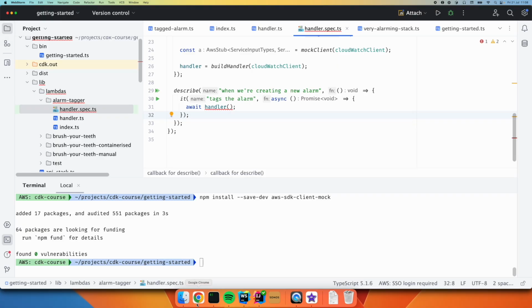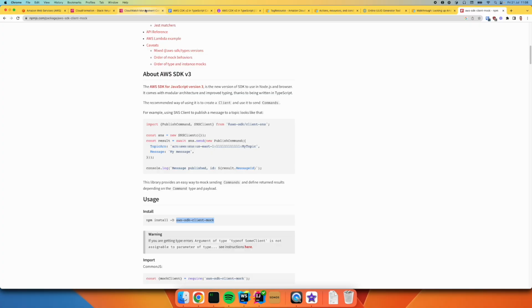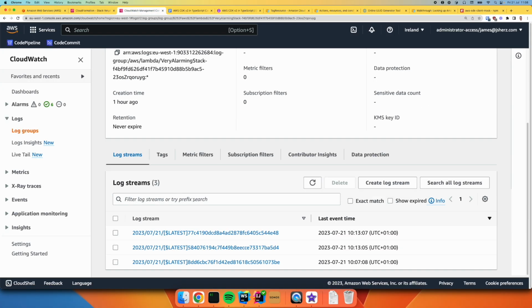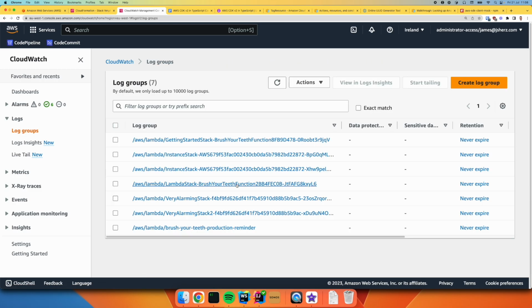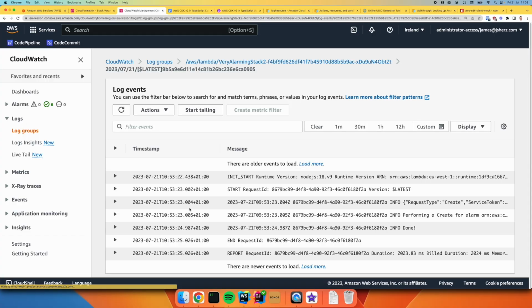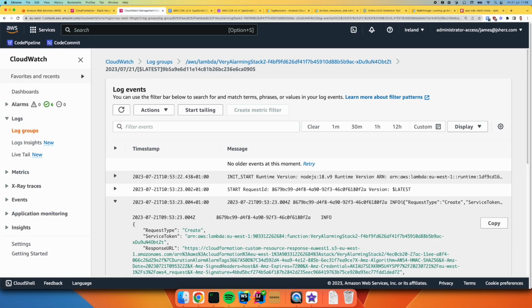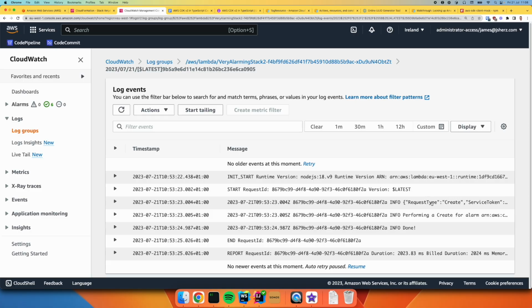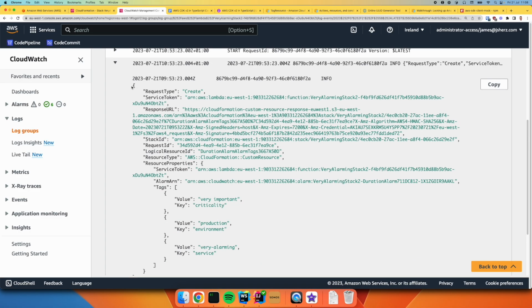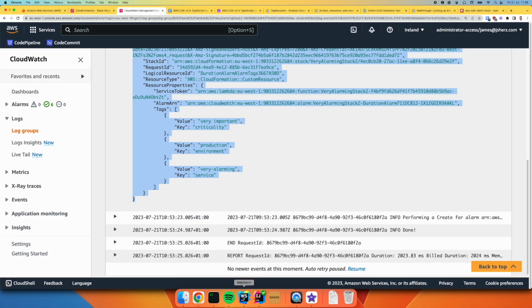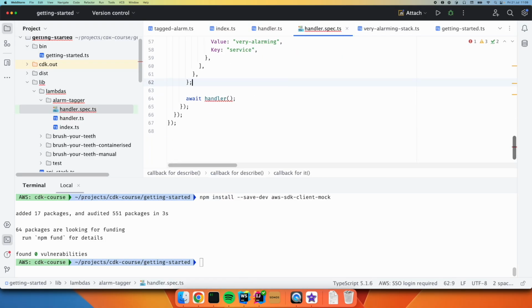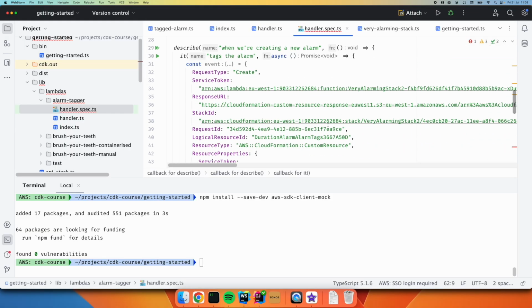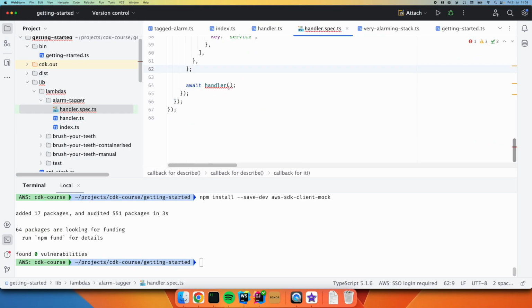And what I'm going to do is I'm actually going to pop to the console, and I'm going to go and have a look for an example case where I've actually had this Lambda function get called. Let's see if we can get one with the new logging in. And then I'm going to grab a real event that we can use in our test data. Let's pop that over here. We can say that we've got our event equals that big blob of data. Lovely. And then we can call the handler with that event,